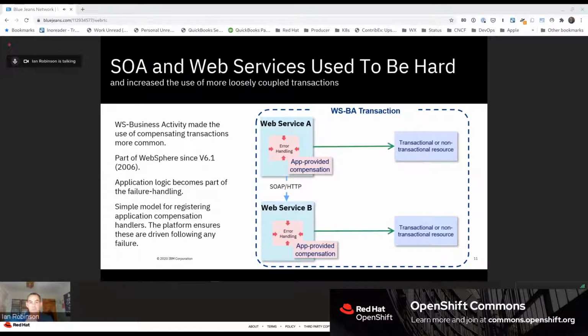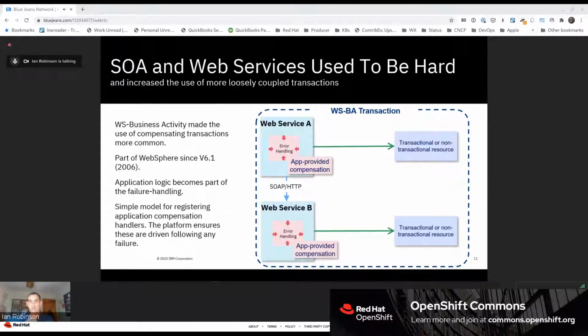So it is the application developer's responsibility to provide that error handling. It's not as simple as the infrastructure just rolling stuff back. So the pink box with the error handling does get a little bit larger.